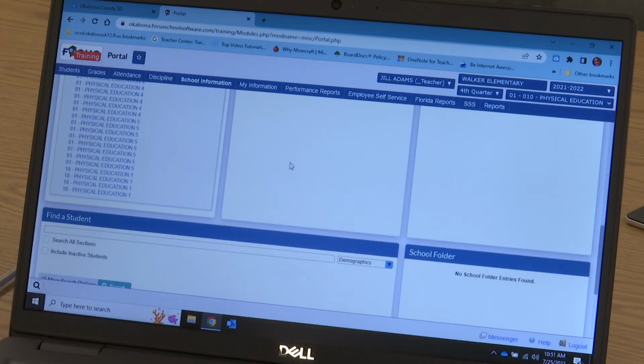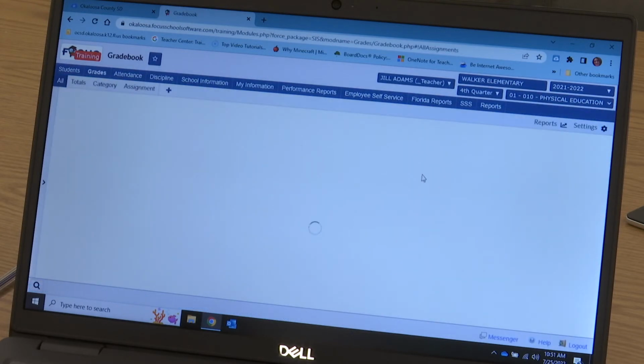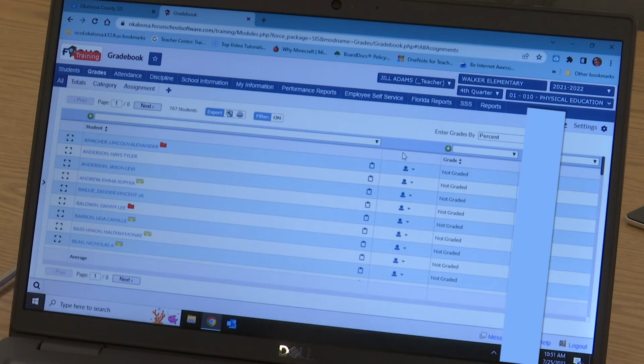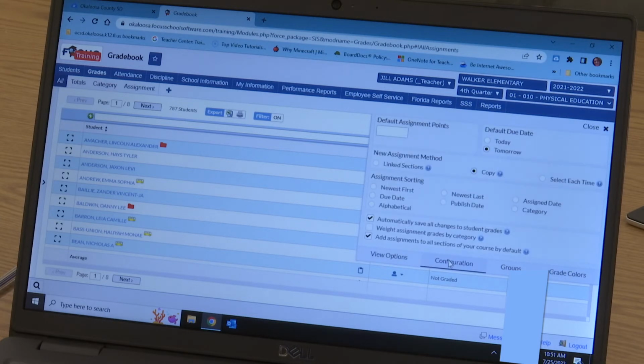Finally, now that we've combined our sections and renamed other sections, how do you help yourself so you don't have to make that assignment in 25 different classes? For this, we're going to want to look in the Grades tab. And I'm going to go to the Gradebook, and the tool that we use for this is called Copy. I'm in a single gradebook at the moment, but I can go into my settings and make some changes here that will help me. For example, I'll click Configuration, and every time I create an assignment, I want to use